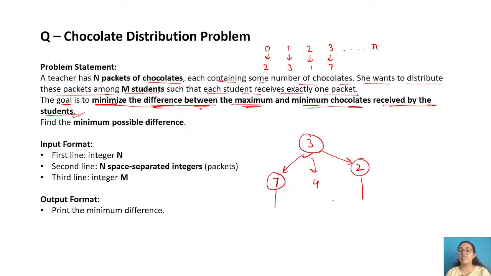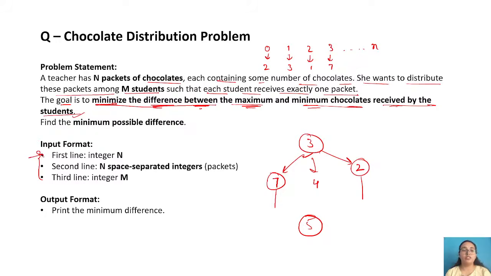So right now, if you see, 7 minus 2 is 5, right? So there is a difference. What is the difference between the minimum and the maximum number of chocolates? That is 5. So you have to give them the packets in such a way that they get the minimum difference. The minimum and the maximum number, if I subtract them, the difference should be minimum, right? Just let me know if you understood the question a little bit. When we do the sample input, I guess you will be much clearer about the question, but if you get a bit of it, that is fine.